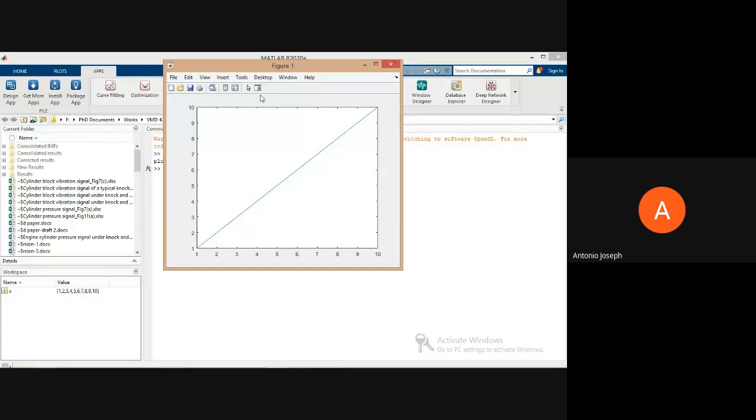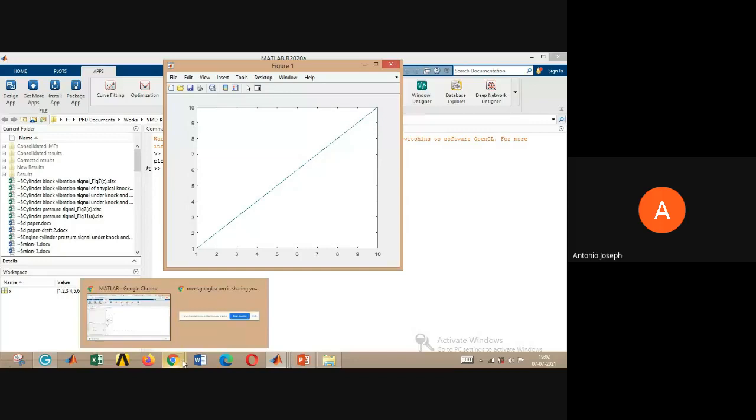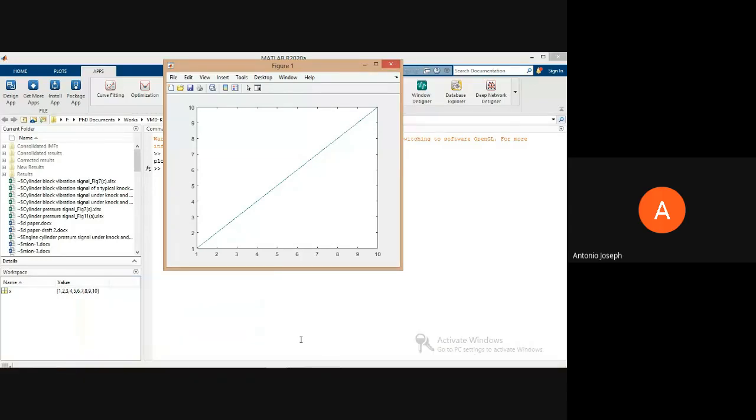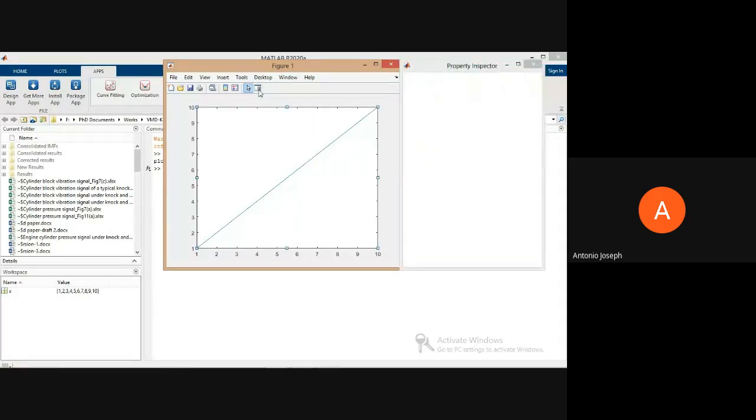Now we can see an icon like this, Open Property Inspector. Just click on that. So a property inspector will be coming.